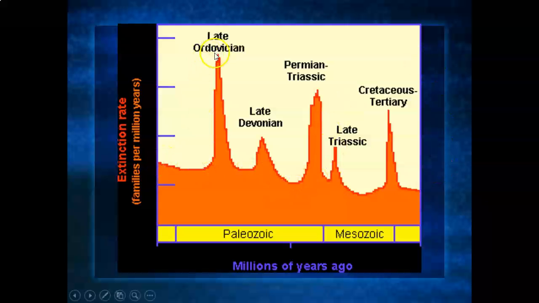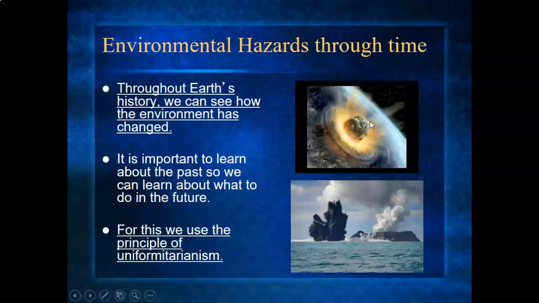So late Ordovician, huge one. Devonian, small. Jurassic, pretty large. But again, that Ordovician one. Late Jurassic and the Tertiary one here with our Ice Age. So the hazards that cause this, what I just read through, is that as we see with every extinction, there is some type of environmental change.